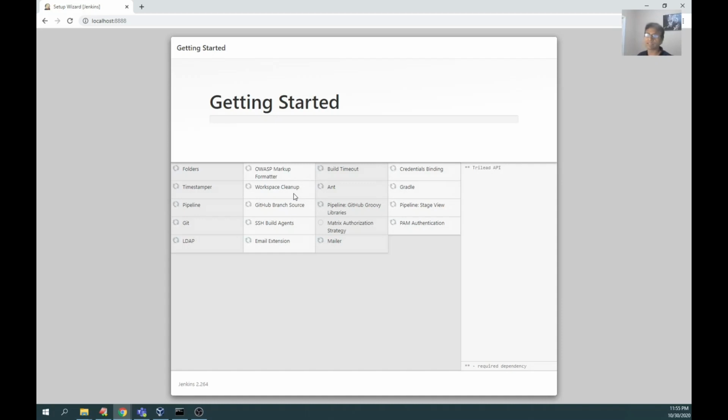Later, because actually in Jenkins, the main part is that we need to search for the required plugins, because lots and lots of plugins are available. As they are available, it doesn't mean that we need to store them or keep on updating them.